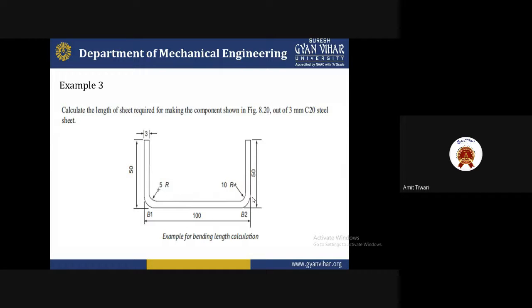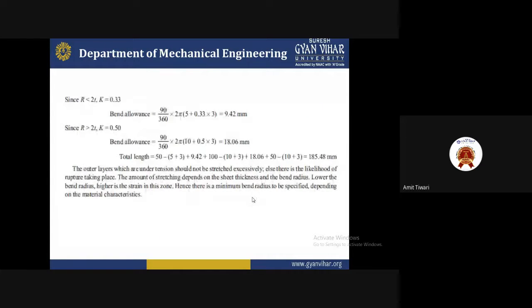First of all, you can find out the bending length calculation. How do you find the bending length calculation? By considering two variables, R with the second condition and R with the third condition, so you can put in the value. By arranging this type of value, that is, R greater than 2T, K equals 0.33. Another one, R less than 2T, K equals 0.50. So both bend elements have a different R and a different total length. These are specific thicknesses or specific radii we can find by maximization.